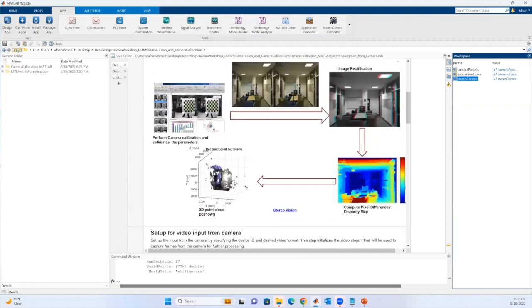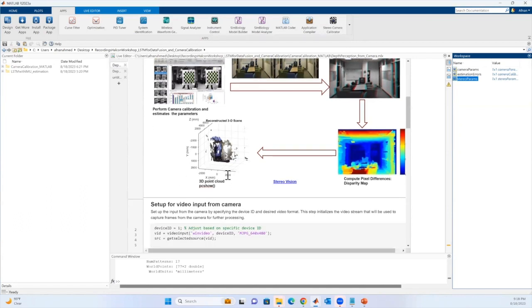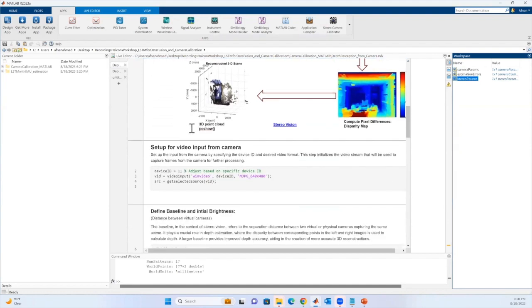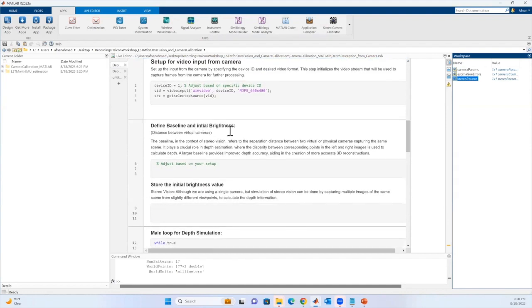So till now what we have done is we have completed step 1, and we will proceed with step 2, step 3, and step 4. So the next step is for image rectification. Currently I don't have a stereo camera pair, so what I'm going to do is make use of my laptop cam itself to capture